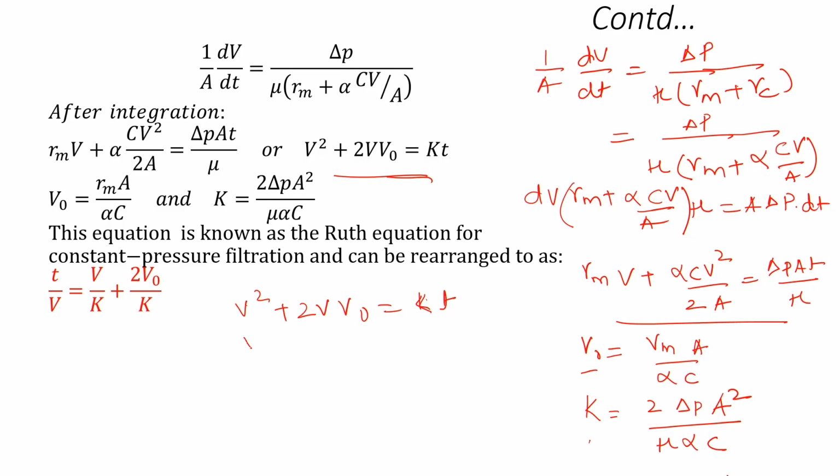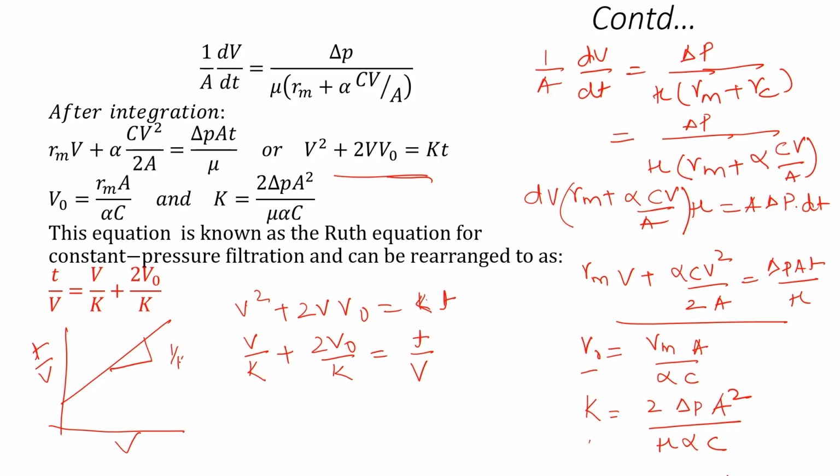So, we will get V upon K plus 2 V naught upon K equals T upon V. So, if you plot T upon V on the y axis and V on the x axis, then the slope will be 1 upon K and the intercept will be 2 V naught upon K. In this way, we can get the value of V naught, which can be used to calculate the filter